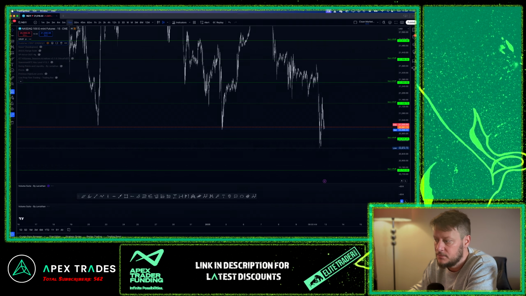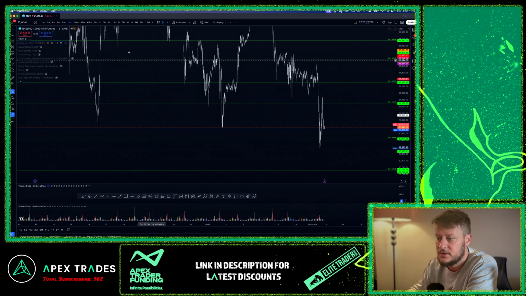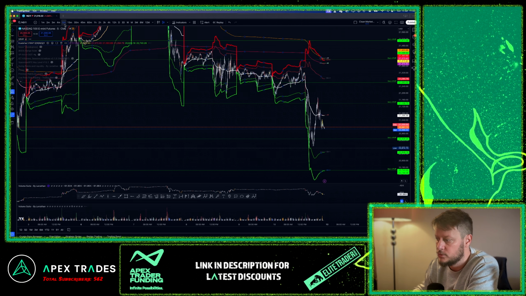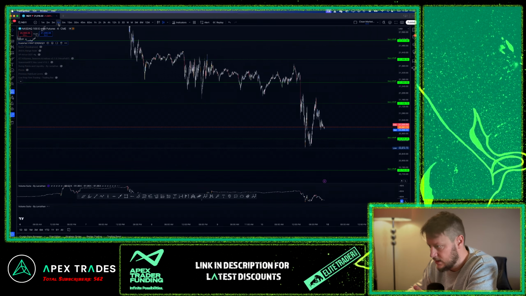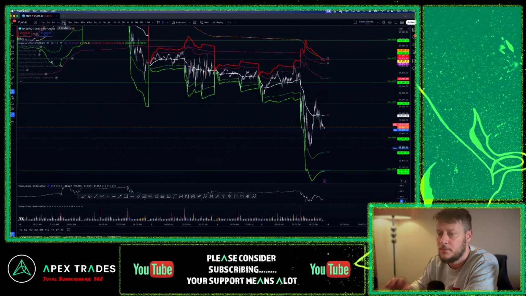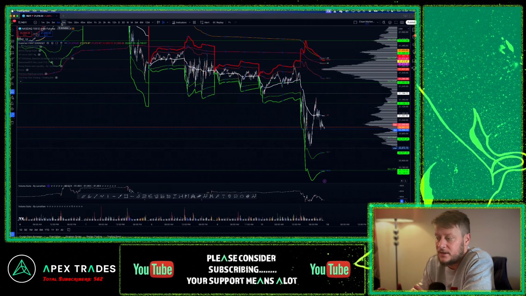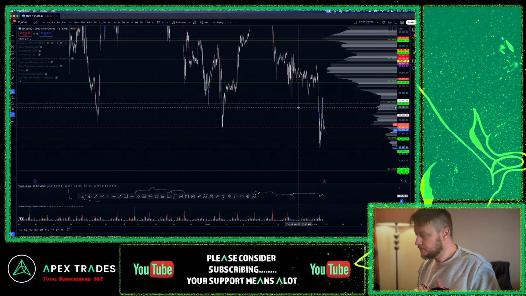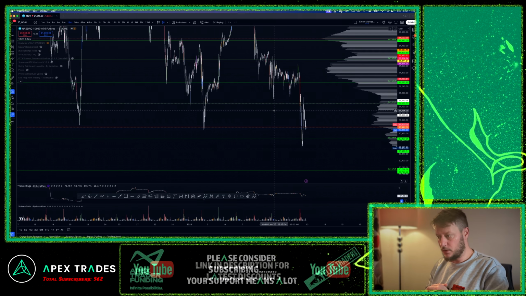If I set this to 15 minutes, VWAP disappears. If I set it to 5 minutes, VWAP comes back on. 4 minutes stays on, 3 minutes, 2 minutes, 1 minute, etc. I'm only really focused on 1 minute to 5 minutes for the VWAP, because quite frankly, it gets a little bit messy on the page, right? So the next step we want to cover is